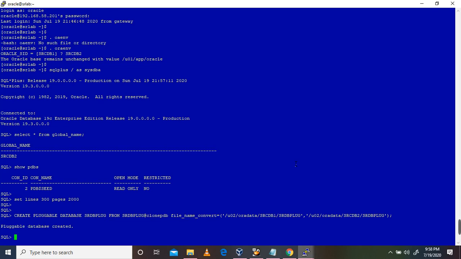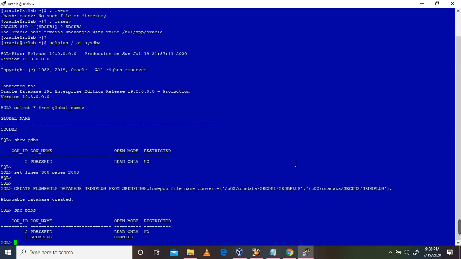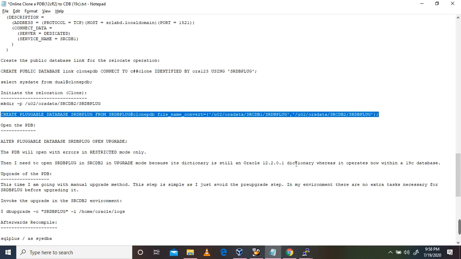So PDB created. You can see here it is in mount stage. So until this time we got it created. After that we need to open it with open upgrade.